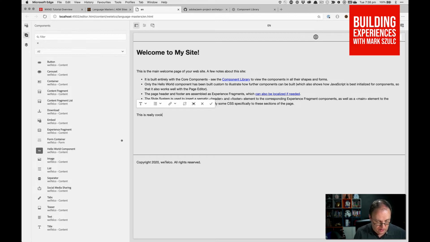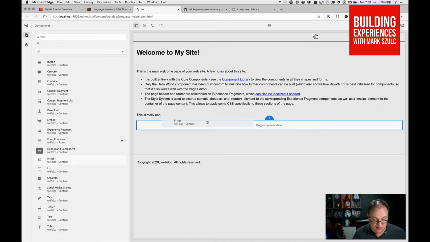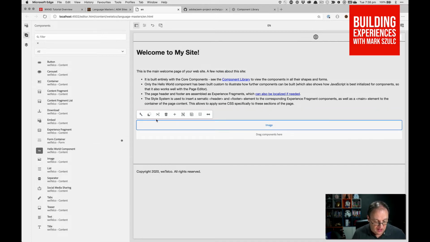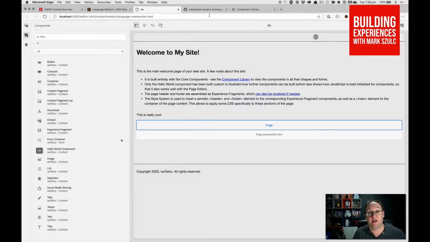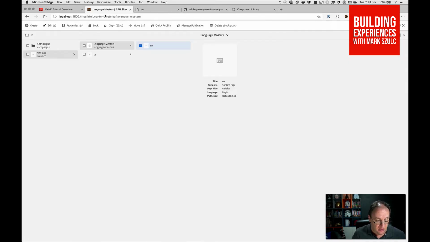Great. What if I want images? Well, again, we can do one of two things. We can either drag and drop an image component, and we can actually upload an asset by clicking here. Or what we can do, and what's preferred, is to use the asset management part of AEM. So let me go ahead and navigate to that. I'll just go back to the home screen, into files,